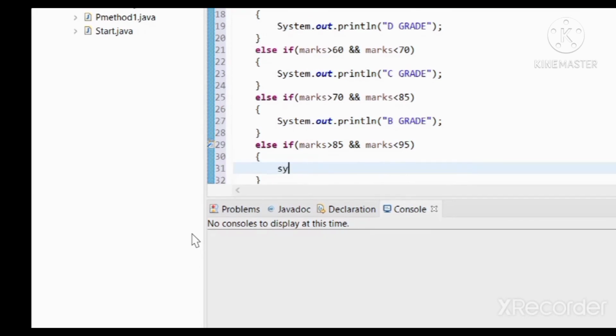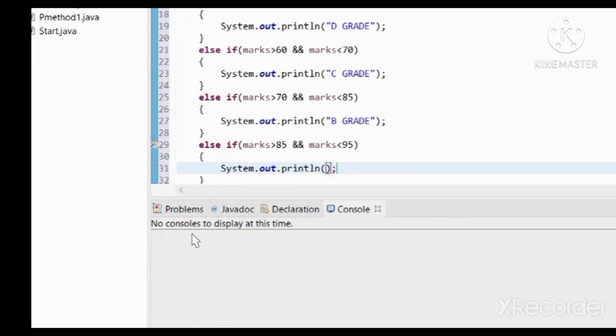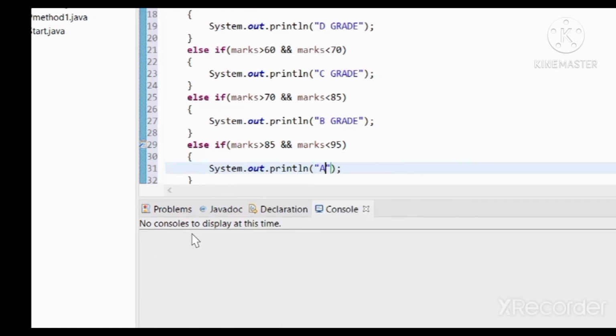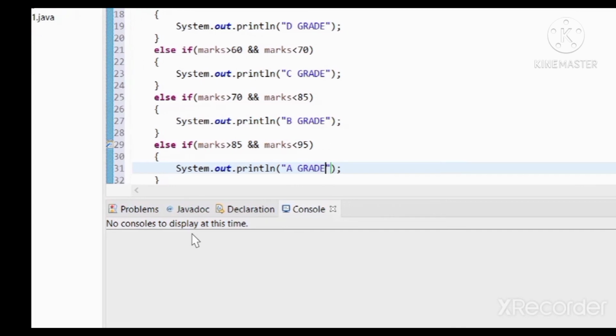Here we are printing A grade, System.out.println A grade.